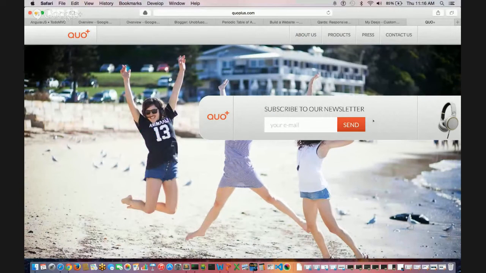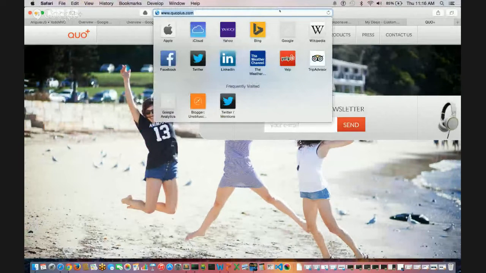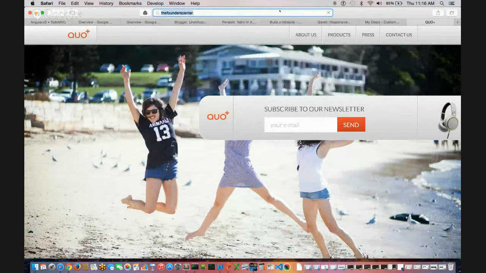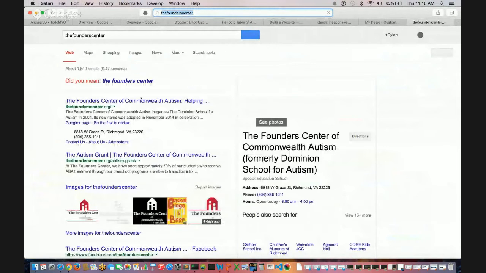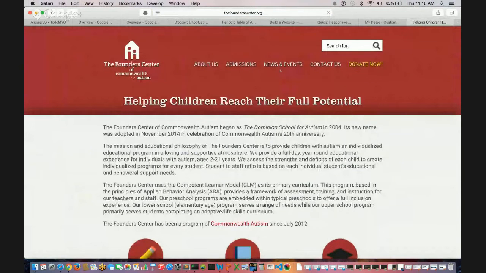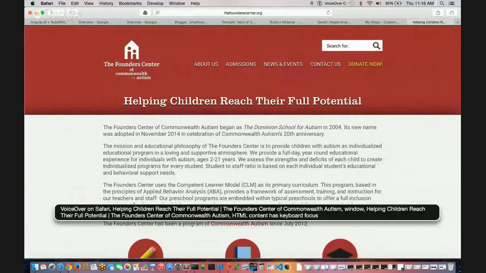So I'm going to go to VoiceOver over here, and I'm going to go to a particular site. Founder Center, Commonwealth, Autism, and I'm going to turn on the screen reader, okay. So now